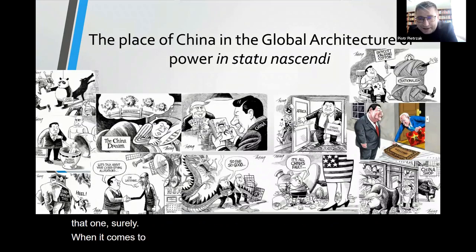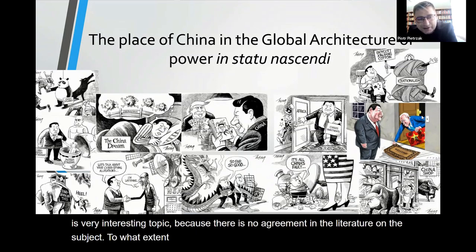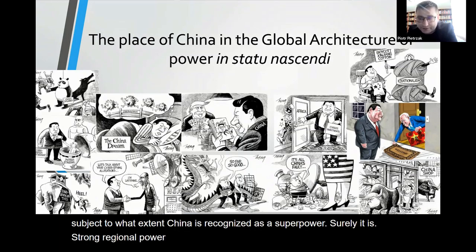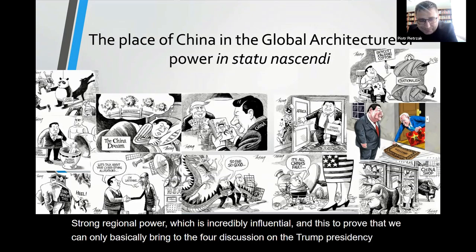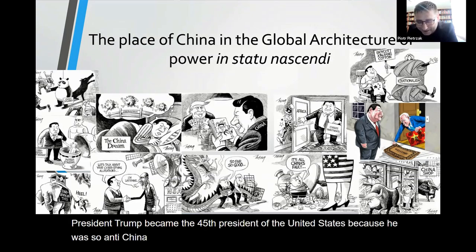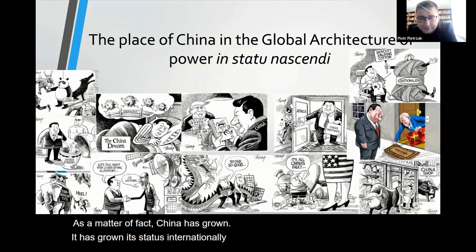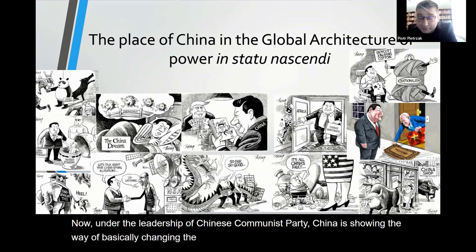When it comes to the place of China in the global architecture of power, it is a very interesting topic because there is no agreement in the literature on the subject to what extent China is recognized as a superpower. Surely it is a strong regional power, which is incredibly influential. Proof of that brings to the fore a discussion on the Trump presidency. President Trump became the 45th president of the United States because he was so anti-Chinese, basically. And as a matter of fact, China has grown its status internationally over the course of the last few decades, basically. Now, under the leadership of the Chinese Communist Party, China is showing how to change the architecture of power,